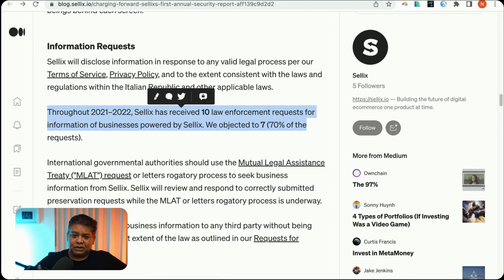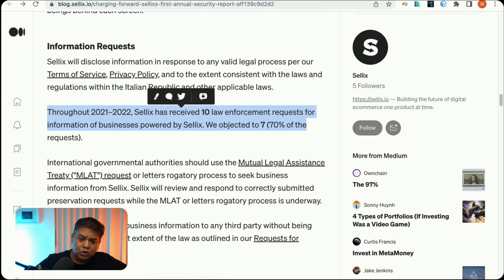I'm just curious to find out. If they received 10 law enforcement requests, obviously they are on the radar for powering illegal activities, right? Illegal in places like, at least where most of the civilized world is. And I believe they are based in Italy, so I'm sure there are strict piracy laws and copyright violation laws and things of that nature there as well.